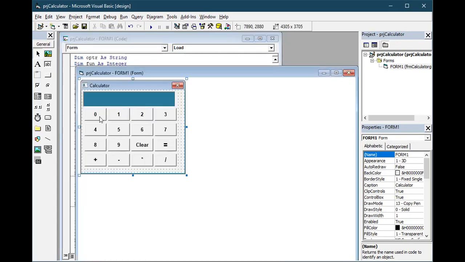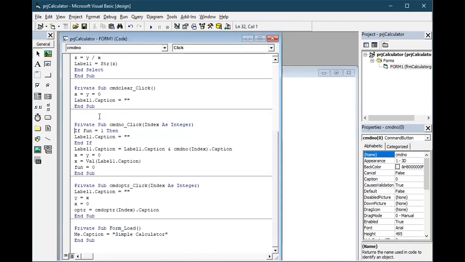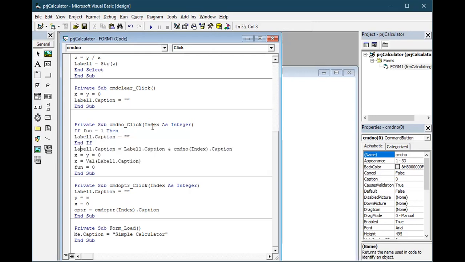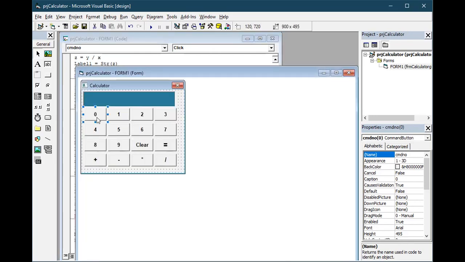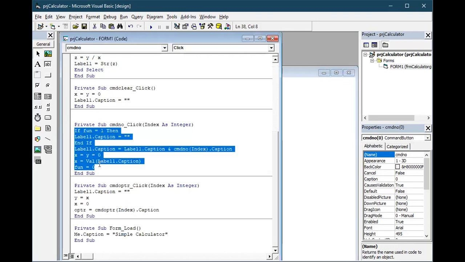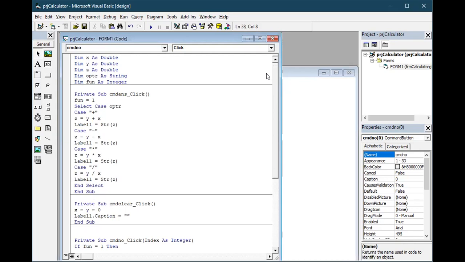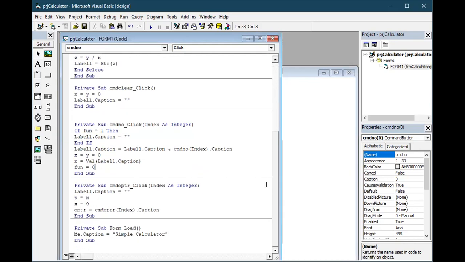Then double click on the 0 and write this part of the coding. Whatever number I am giving, that should be captured. So you need to double click on CMD, the 0, and write this part of coding. That's all.